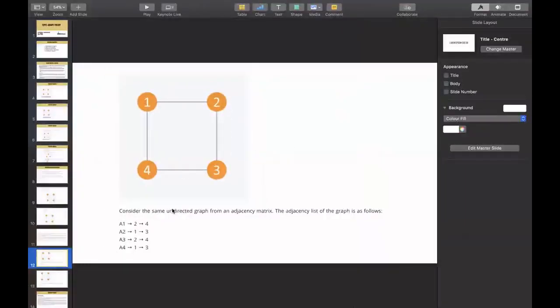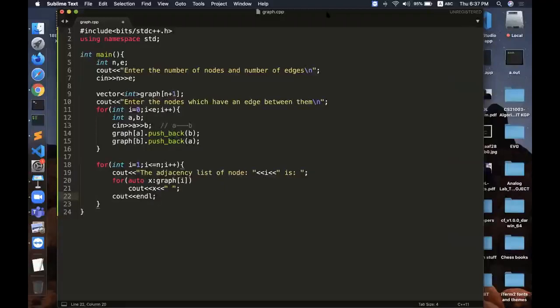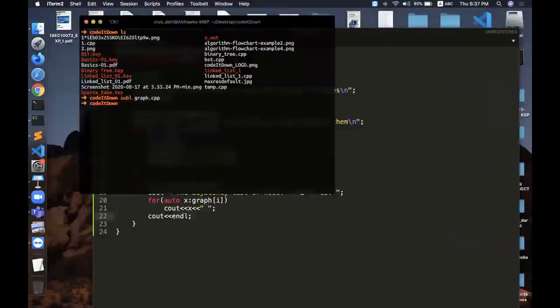Okay, so let us consider this example, the graph which I mentioned in the PPT.